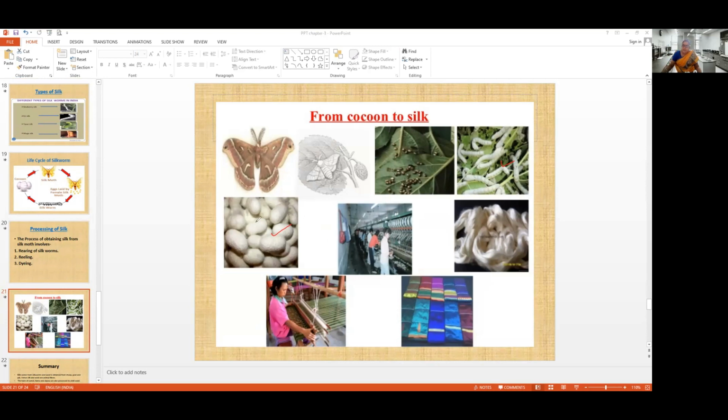So once the silk moth comes out, before we reel the fiber from the cocoon, we will not get a proper quality of fiber, because once the silk moth comes out, the cocoon gets damaged, so we will not get a lengthy quality of fiber. It is broken into pieces. Okay. Next, the silk fibers go to the handloom. Then we will be getting nice silk sarees and dresses, etc.